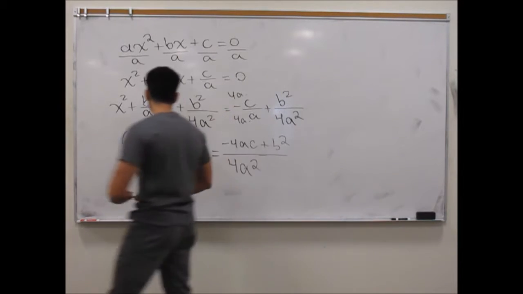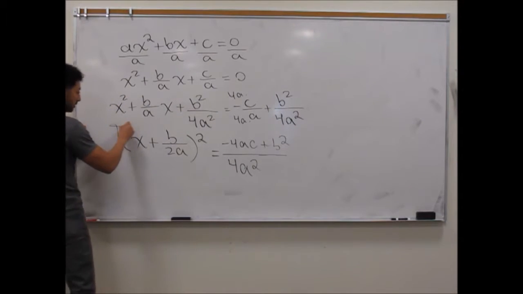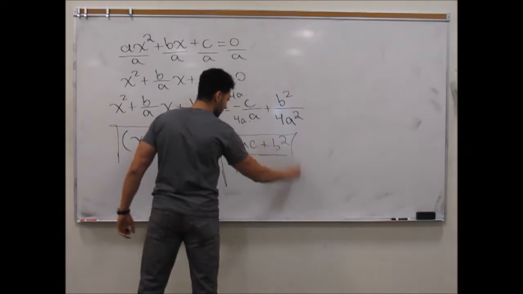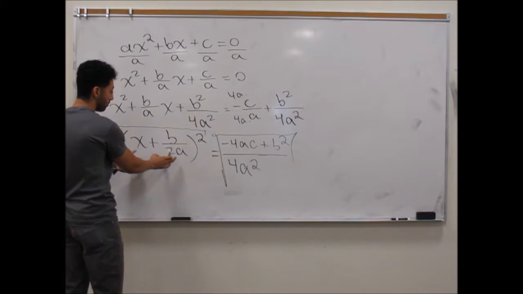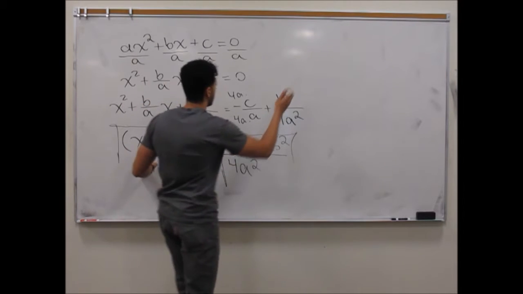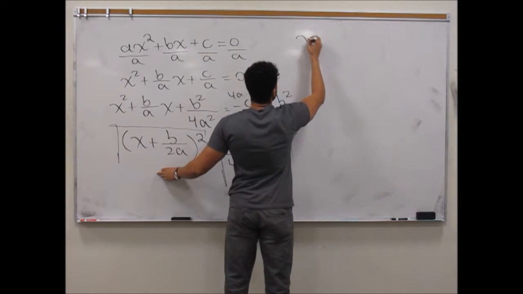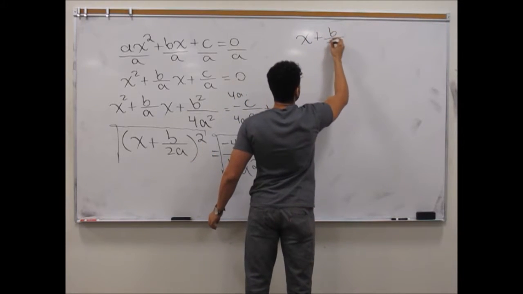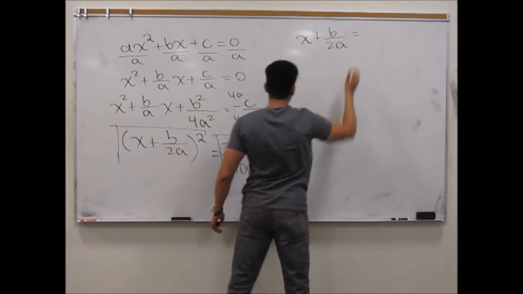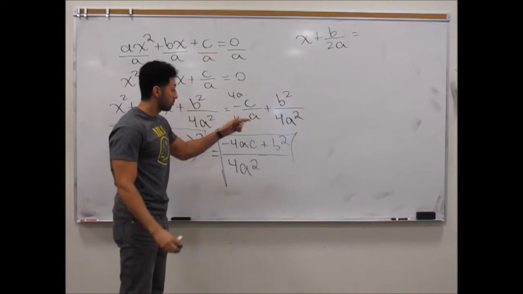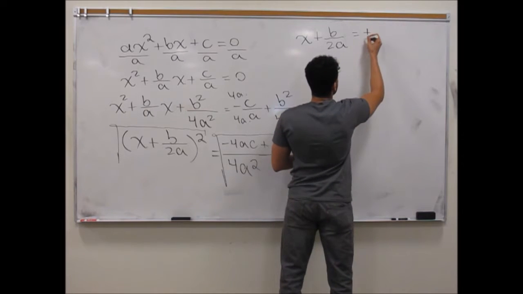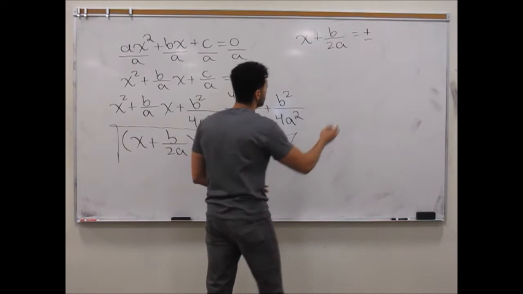On this side we just get what's inside the parentheses, which is x plus b over 2a. And on this side, since we're taking the square root, we have to account for the plus and minus, so we get plus or minus